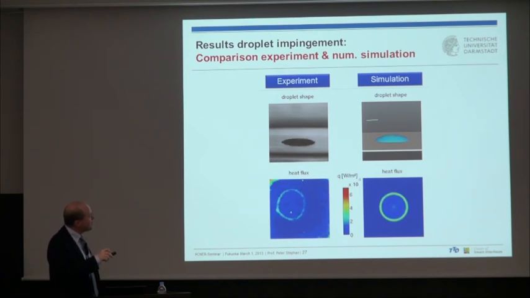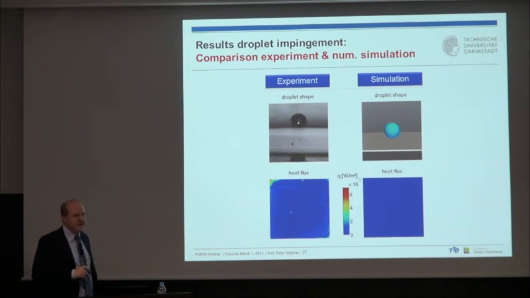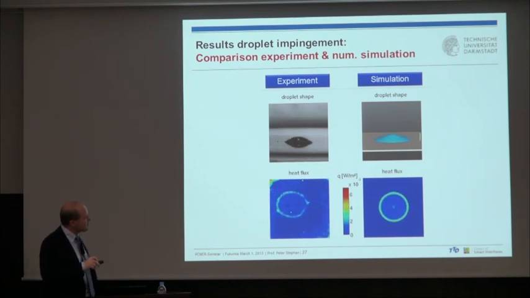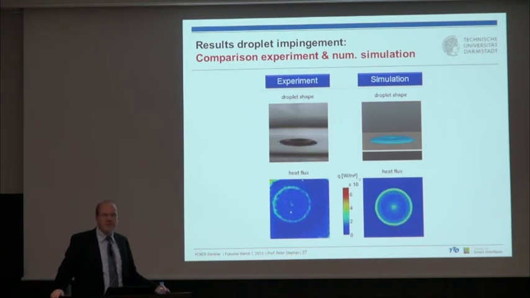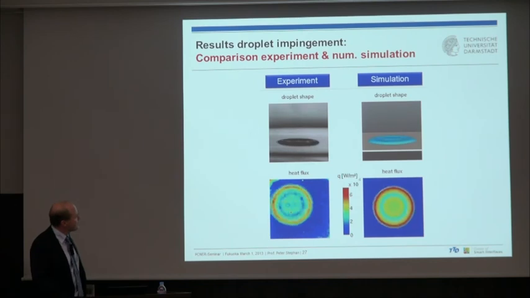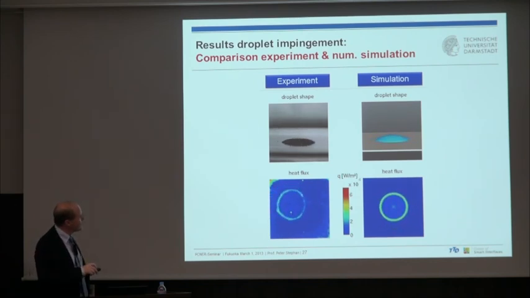We don't calculate the falling of the droplet here. We start the droplet just with an initial velocity just before it hits the wall, because we want to save computational time. Such a droplet impingement event in numerics, even with a rather high-speed computer, takes almost 2 days for this computation. So it takes rather long computational time.